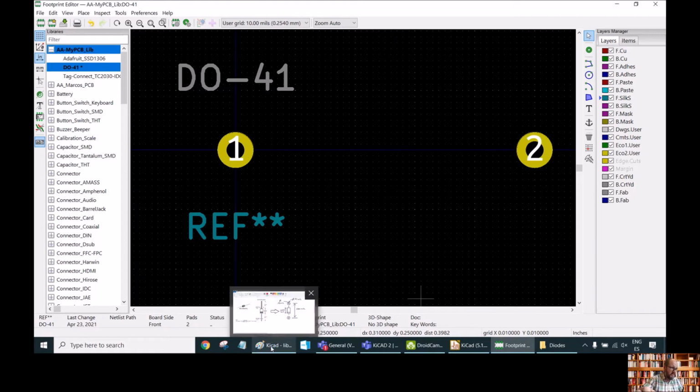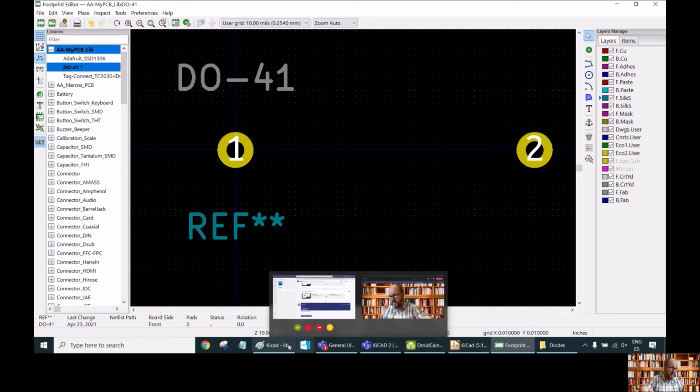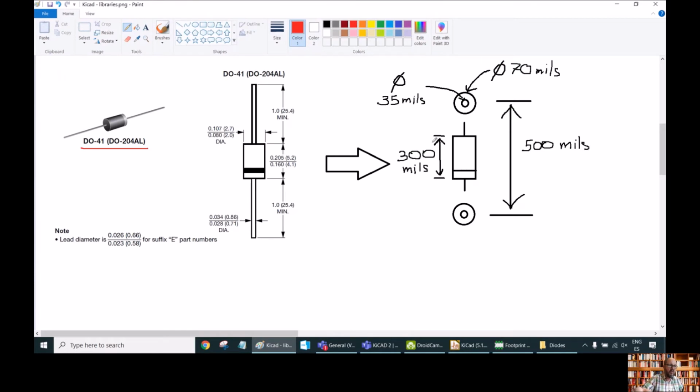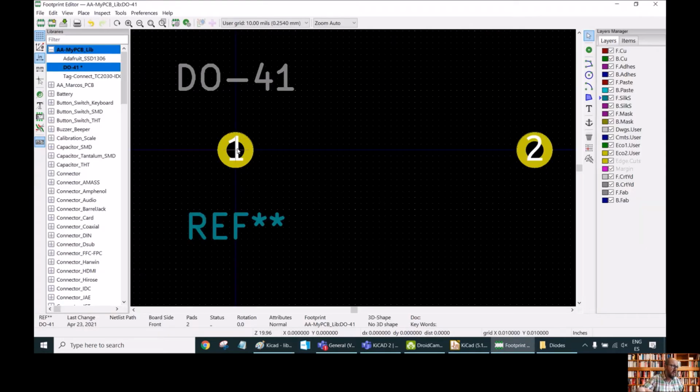So the next thing is the body of the component. We have 300 mils, so we go to this position of 100 here, because we have 100, then 300, and another 100 here, which makes 500. In order to draw the body of our component, we need to select the corresponding layer. So we need to go to Place, Align,